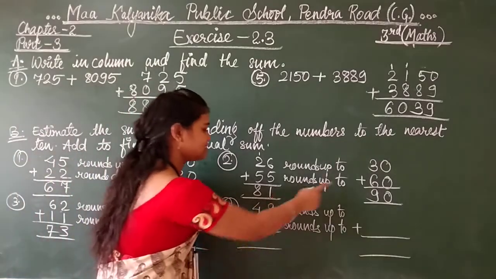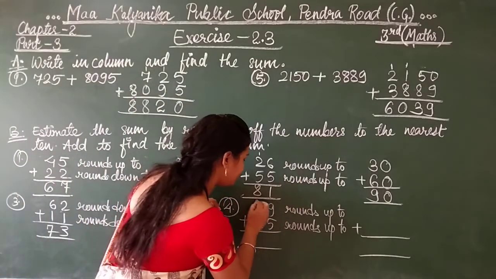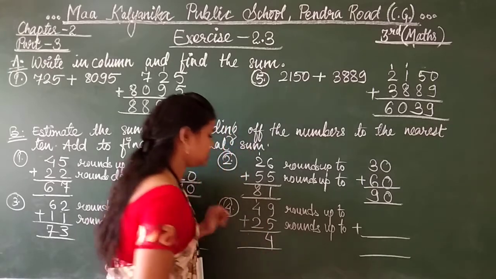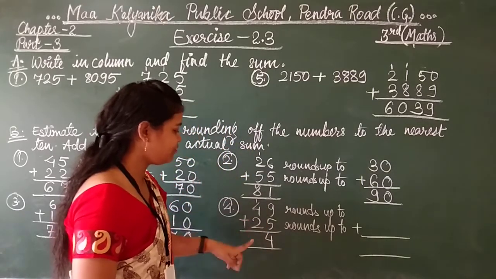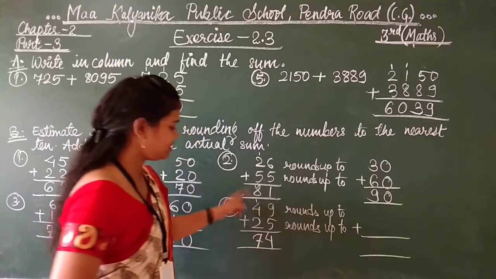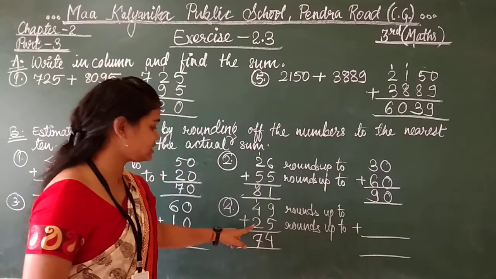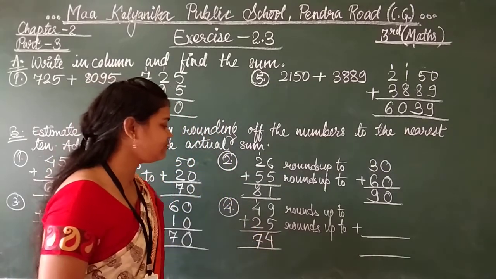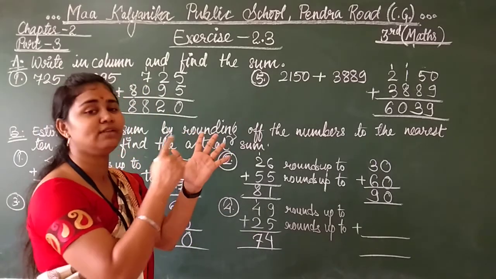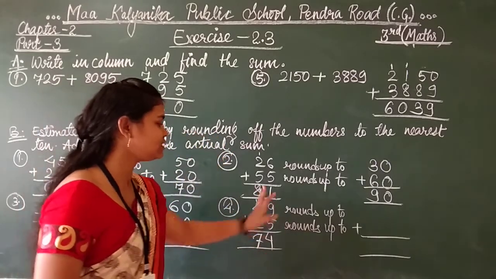Okay, so see here is the difference. 9 plus 5, 9 plus 1 is 10, plus 4 is 14. So see students, 4 plus 1 is 5, 5 plus 6 plus... 4 plus 2 is 6, 6 plus 1 is 7. 74 is the answer. 9 plus 5, 10, 11, 12, 13, 14. So 74 is the answer.